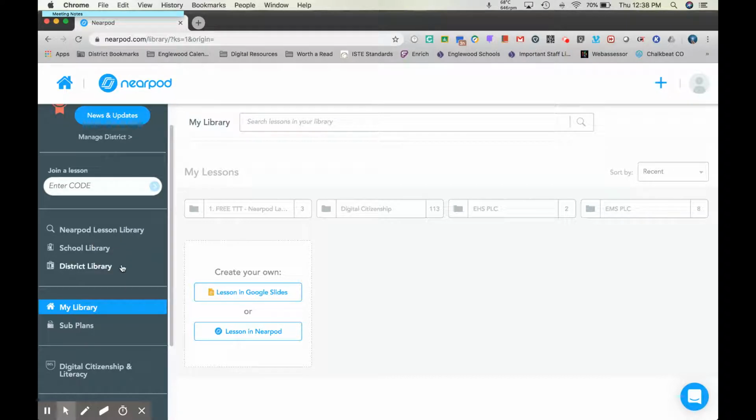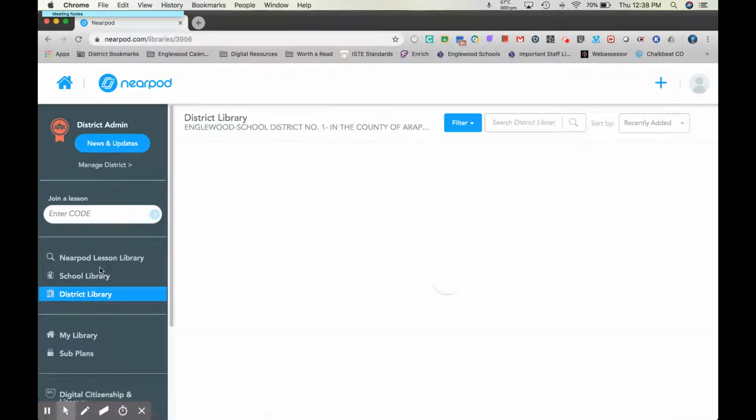If you ever wanted to talk more about something you wanted to provide from a Nearpod lesson for the entire district, let me know. So really there are four different kinds of libraries. We're not going to go into sub plans today. Right now, this is my library. If you need to add a lesson, whether it's from the Nearpod lesson library, school library, or district library, it's quite simple. So I'm going to go to the district library,